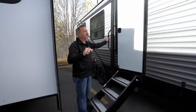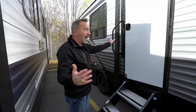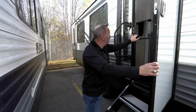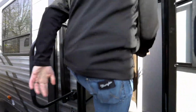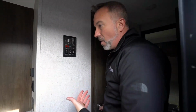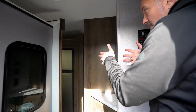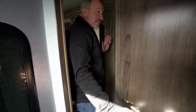Now, a lot of people will ask, when we're in transit, what about accessing the refrigerator or accessing the bathroom? When you have two slides, let me show you what it looks like. So when these slides are in, this is what it looks like. Bathroom, easily accessible. You can get to it, bam, there you are, because it's in the hallway. But East to West must have thought about that, because the way they put the slides and the way they have the angle of this corner right here and the fridge,